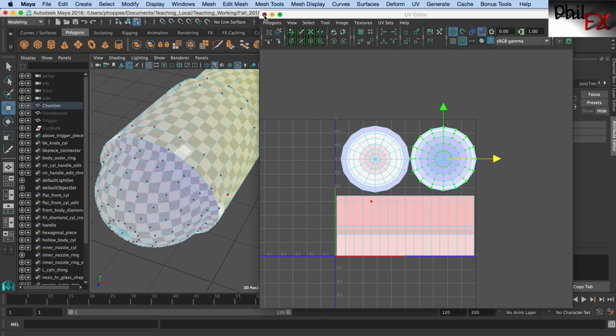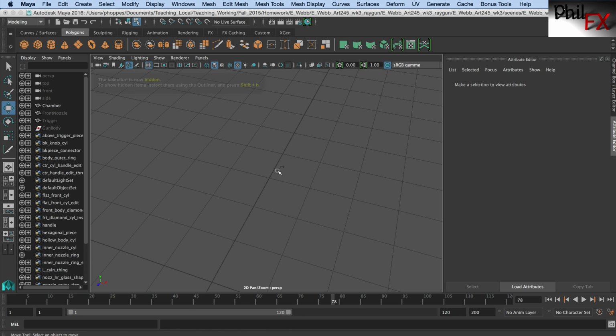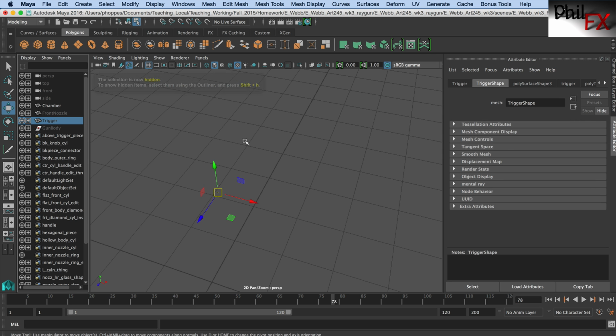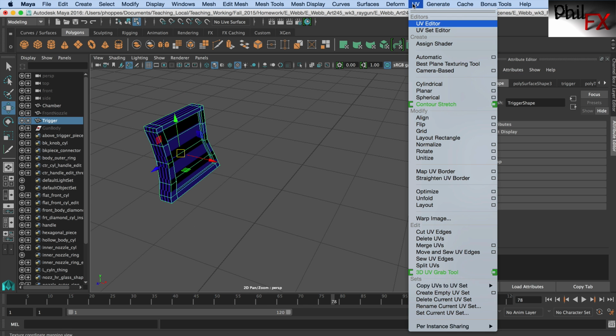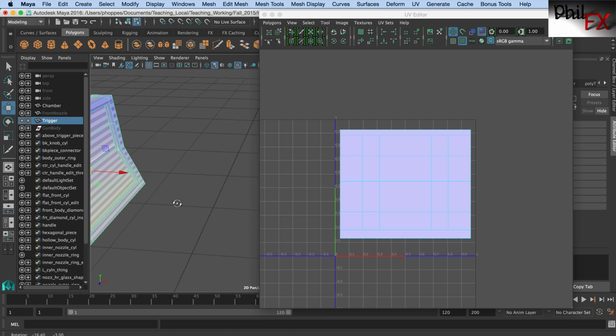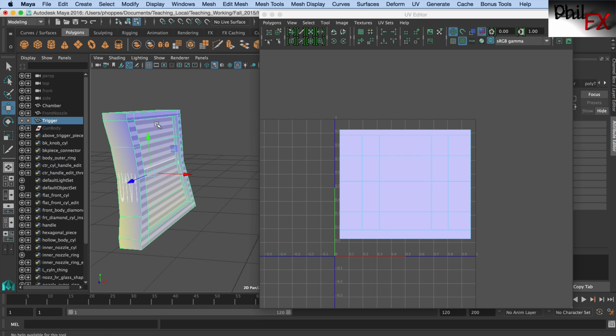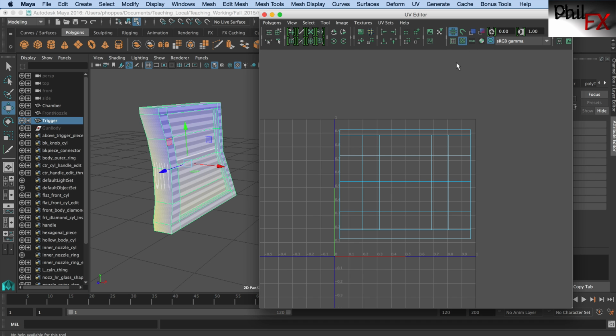So the next thing I wanted to demonstrate is let's hide this chamber. Control H on that, and let's pull up the trigger, because she's got an interesting example here. So we pull up the trigger, and let me look at the UV editor on the trigger. And right off the bat, we've got some very definite issues here. So you can see the boxes are highly stretched here. They're extremely compressed around the edges. If I go out of looking at the mode for distortion,